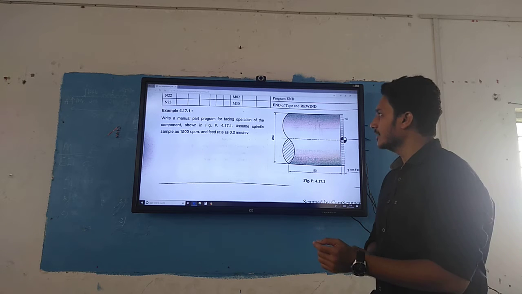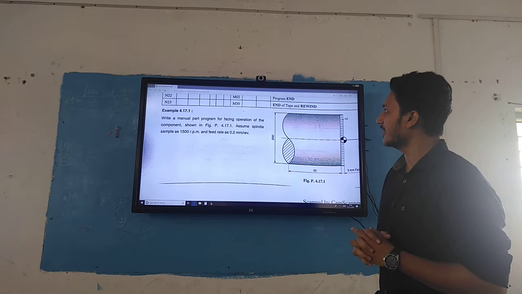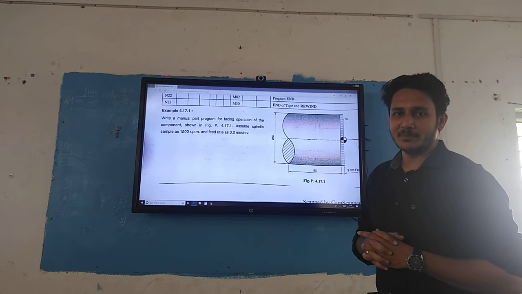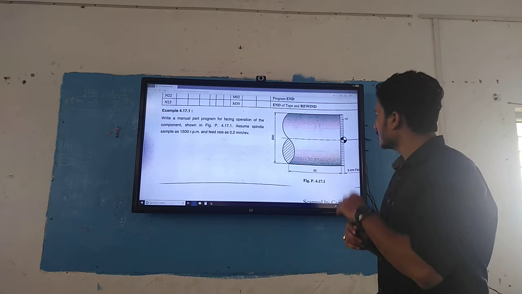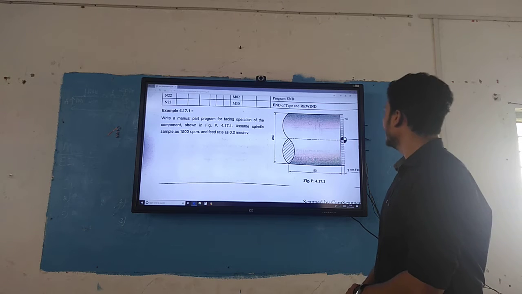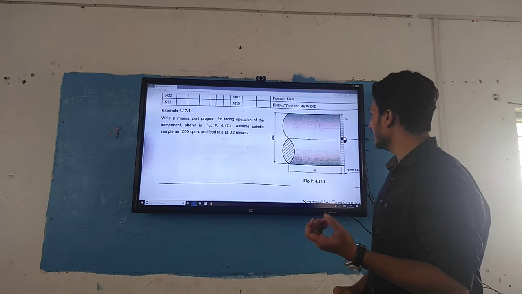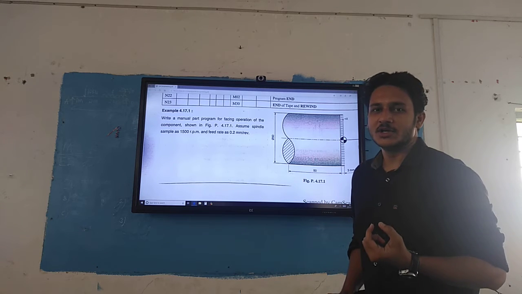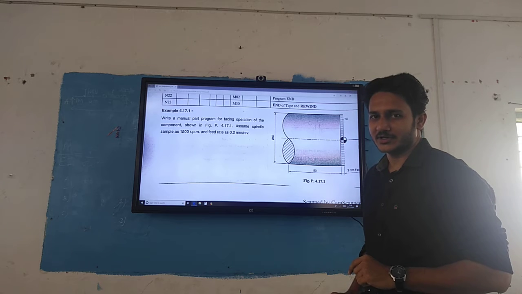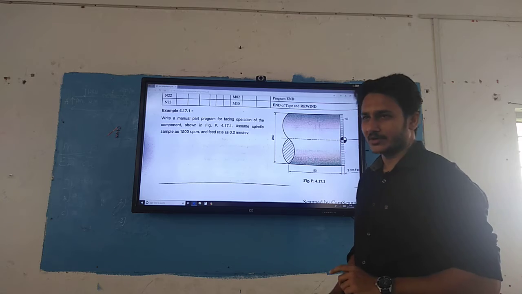Assume the spindle speed as 1500 revolutions per minute and feed rate as 0.2 mm per revolution. We have a billet of 50 by 50, and we need to make it 53 by 50. So we need to do a facing operation cutting 3 mm. For that we need to write the part program.